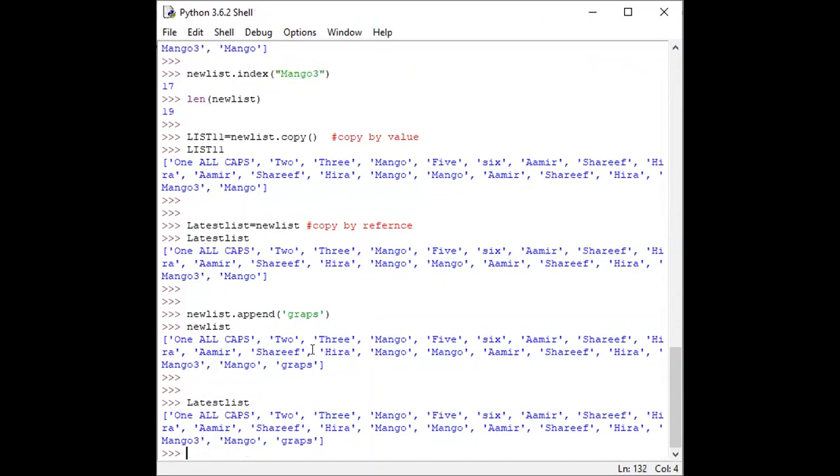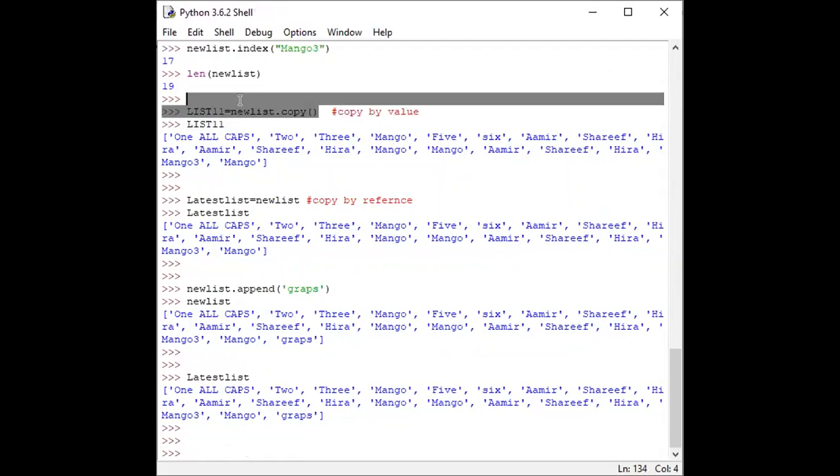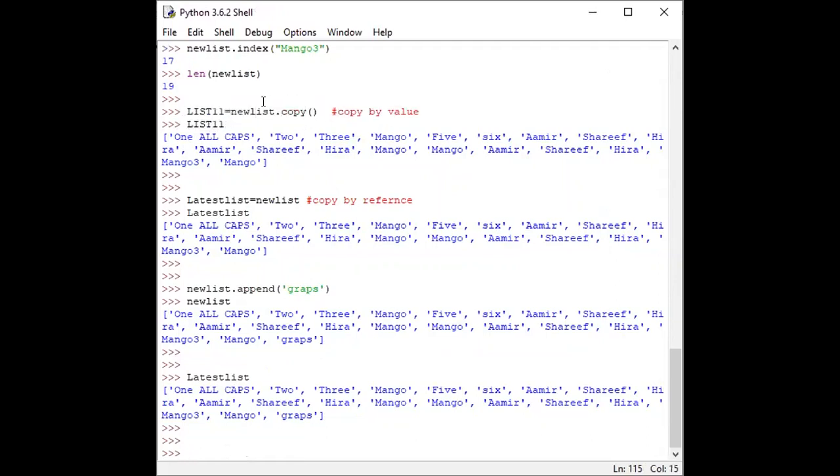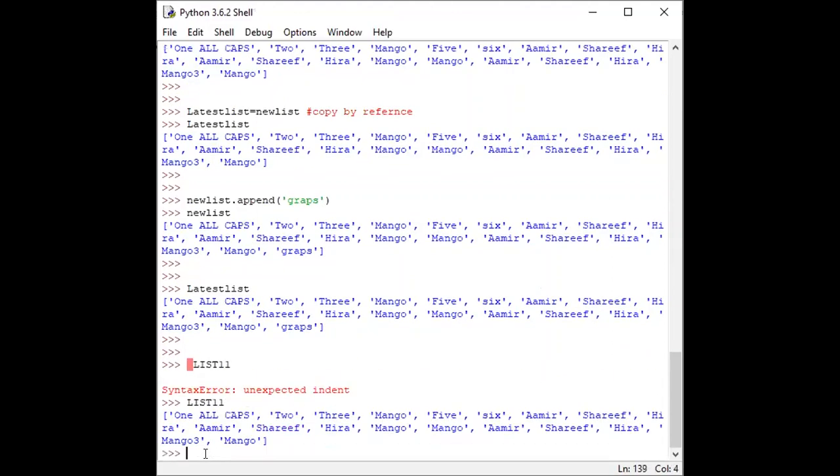We will see that the grapes are also present in this list. But when I call this command by using copy on the list, when I call list 11, we will check that there are no grapes present here.